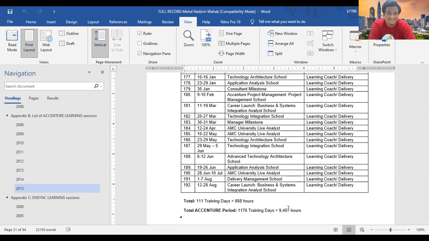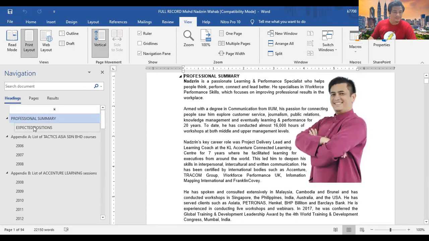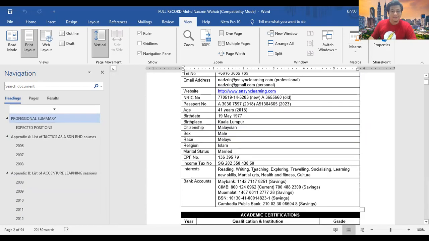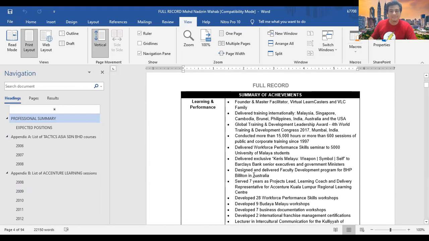What was your initial intention when you started doing this spreadsheet? My initial intention, in the beginning, I actually have a lot more hours than this, but I started late. So if I scroll up, I'm going to show you something. Professional summary. We have here something called summary of achievements.